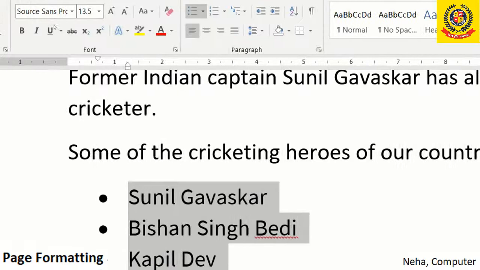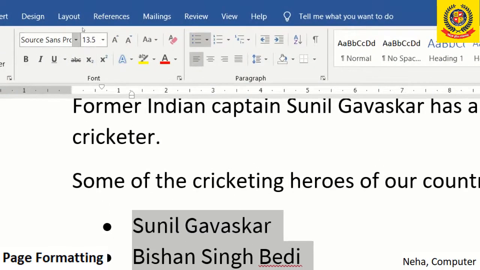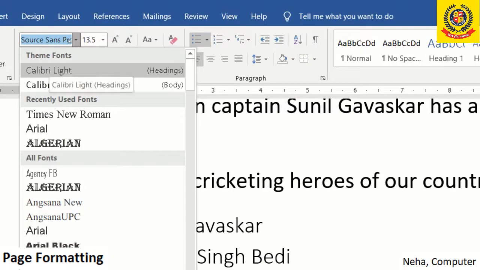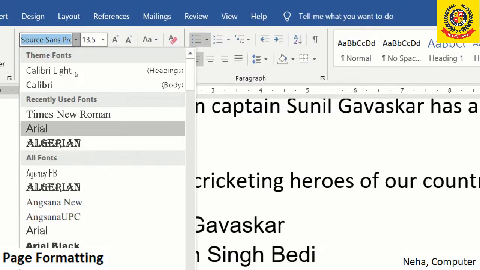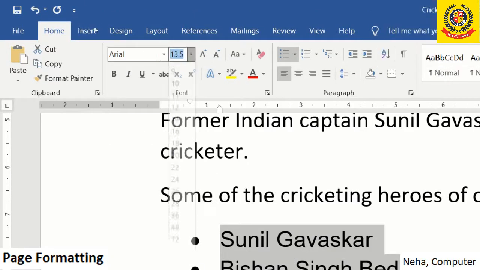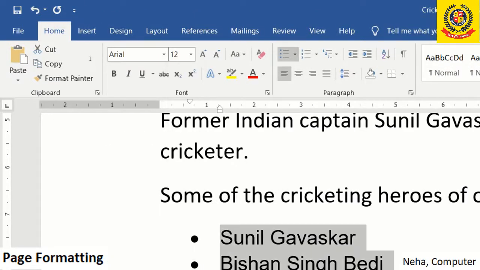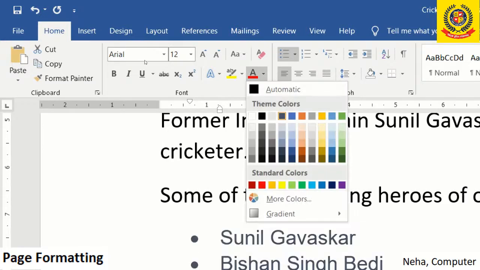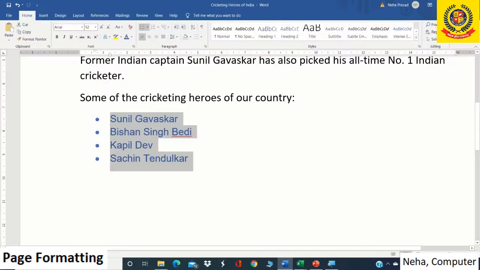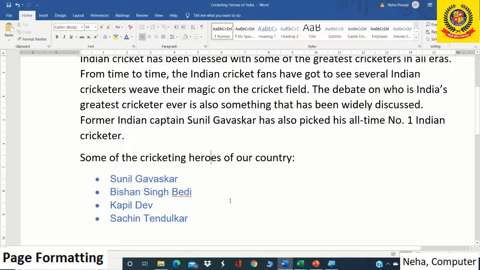We'll again go to the font group and select the font face. We'll select Arial, the other font face, and the size would be around 12, and we'll keep the color black. If we want some blue, we can change it, or keep it orange, whichever color you want for your document. Now let's see how our document looks.